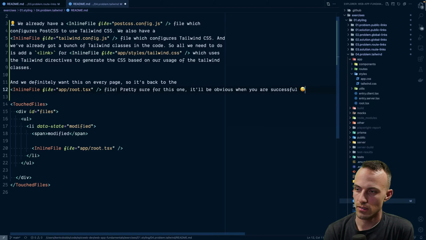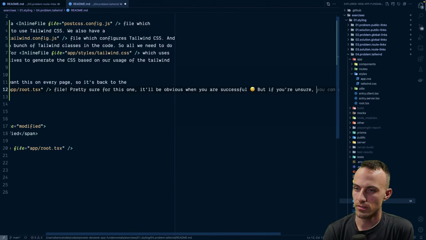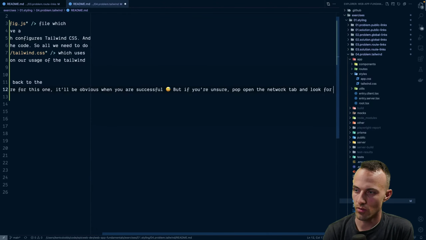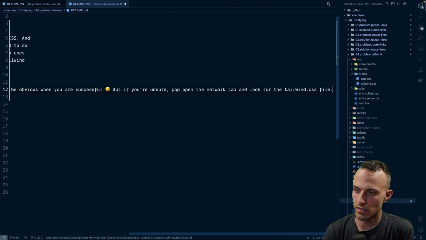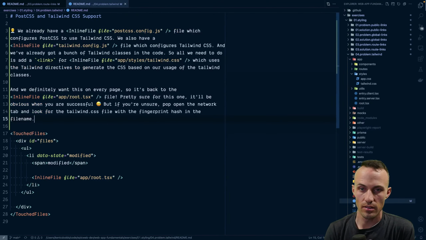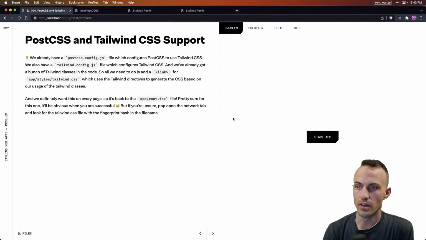But if you're unsure, just pop open the network tab and look for the Tailwind CSS file with the fingerprint hash in the file name. And we'll add